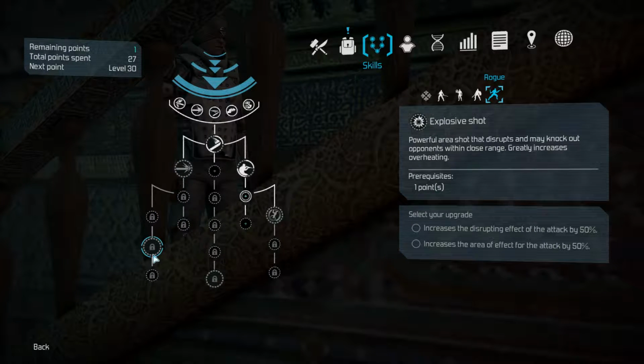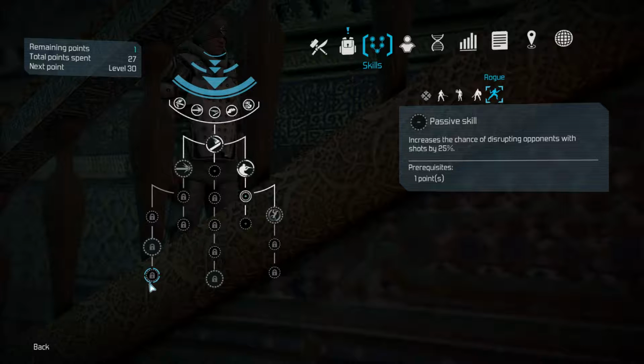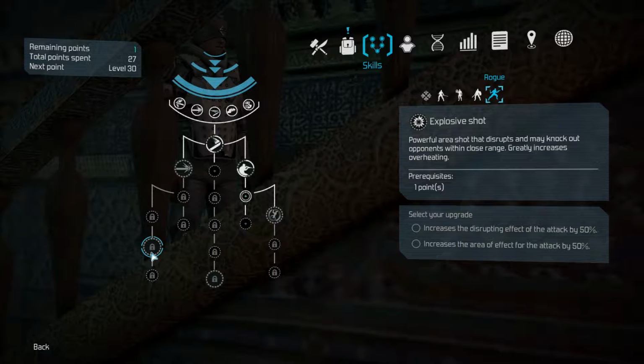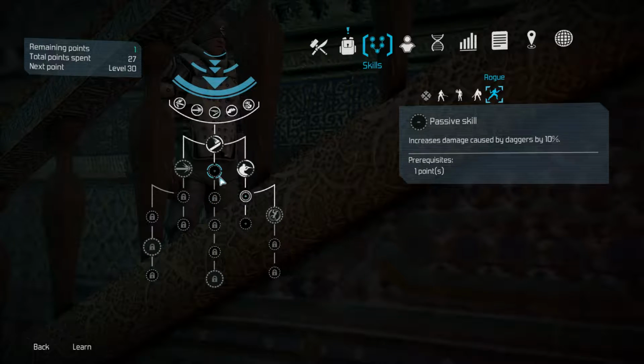Explosive shot is something that we're never going to use. It's like a shotgun blast that comes out of your gun, but doesn't do a lot of damage, and it overheats really quickly. And we do not need any more help with, well, no, it's too slow to combo with our lightning storm. This tree focuses on,